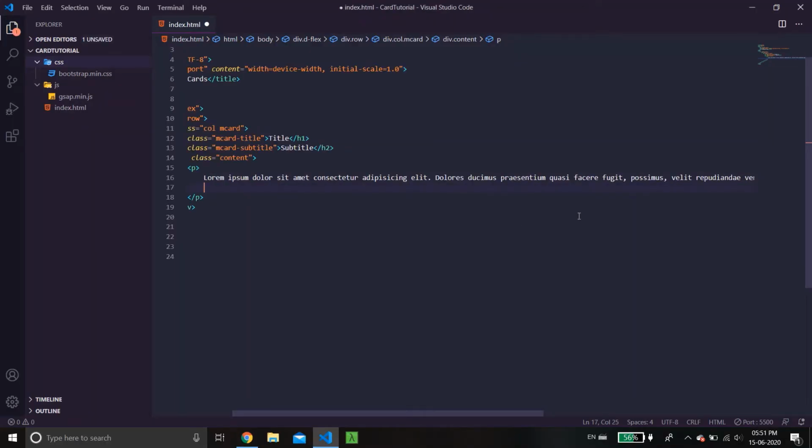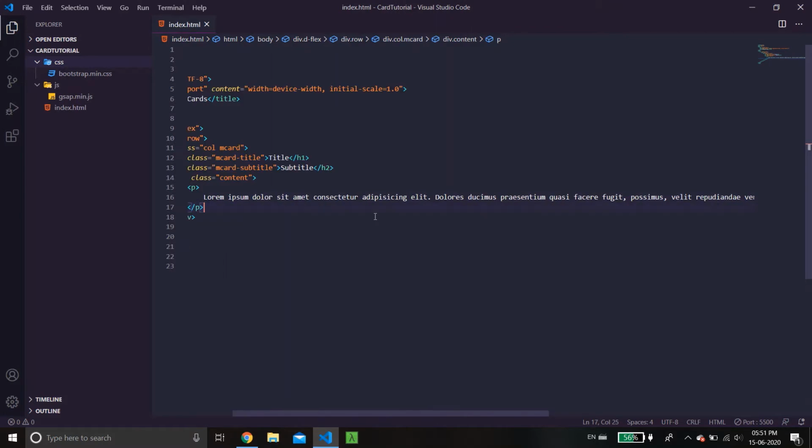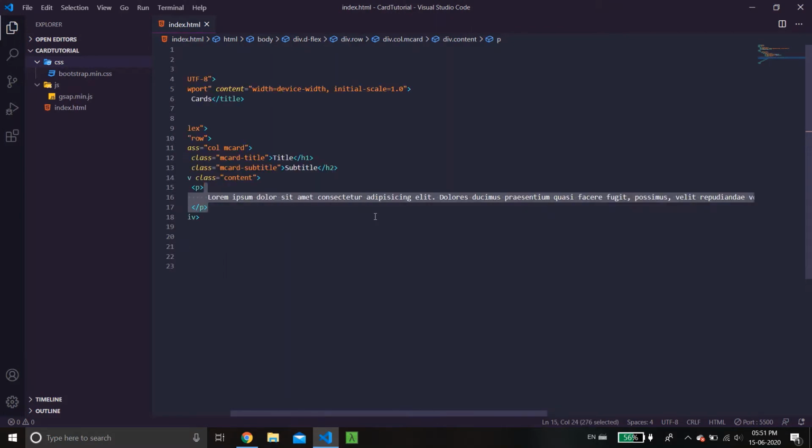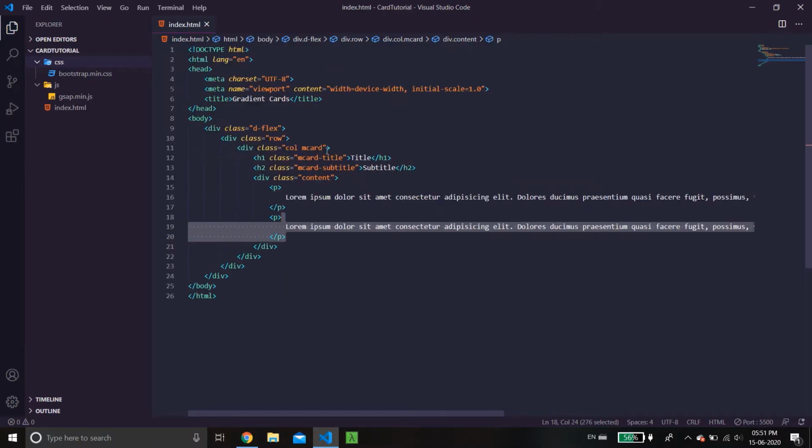Just for your information, there are horizontal cards and vertical cards, you already know that, and you might want to adjust the width based on what you want, because this is a long line of text. We can either choose to have it all horizontal, or we can have it vertical. I'm going to have it vertical. So one paragraph tag with this, and I'm going to duplicate this. Okay, now I have this one card.